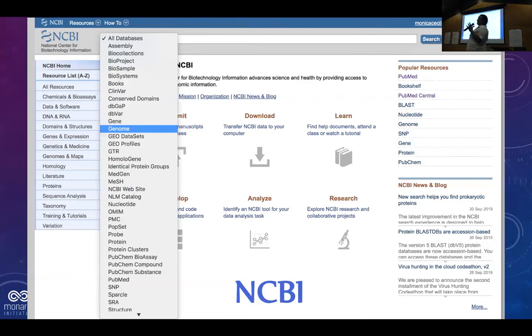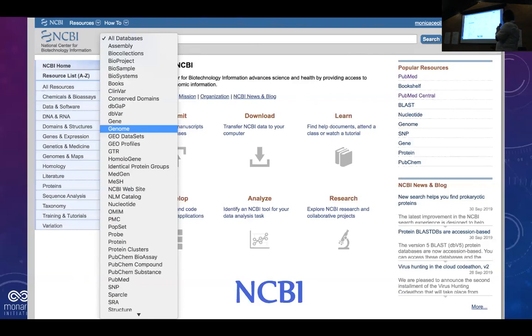How many in here have used the NCBI website? Yeah, most of you. Exactly. So you're very familiar with this. NCBI does not only work with the whole genome data, it has a huge collection of information. You have variants, you have genes, proteins, you have population sets, you have bioprojects that define your sample, you have all sorts of data and all sorts of databases in here, and of course the bibliography